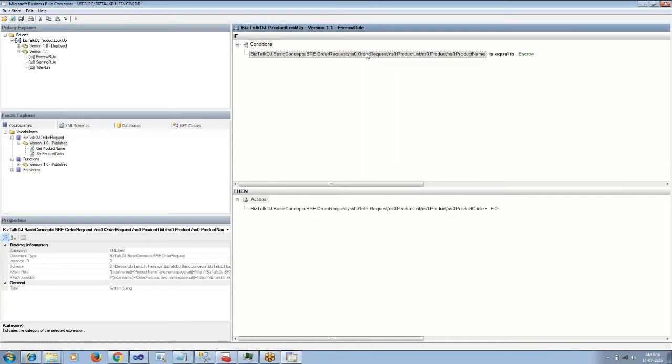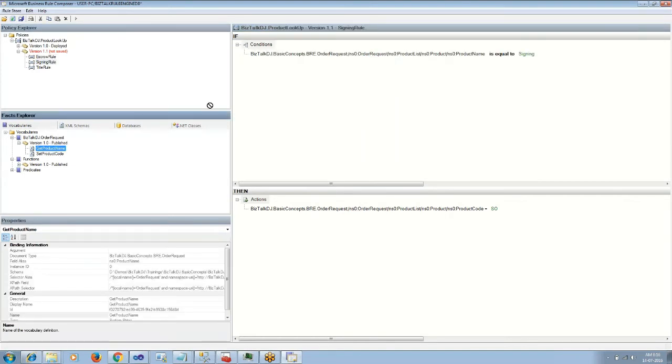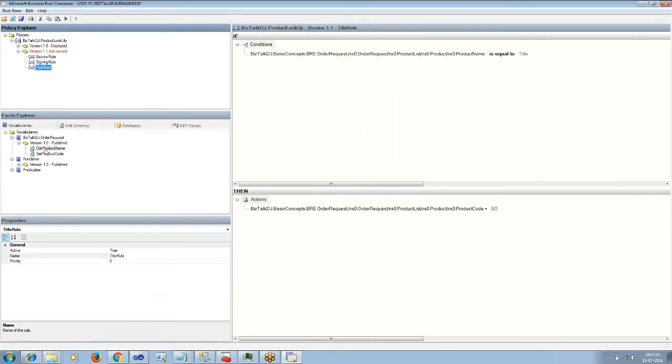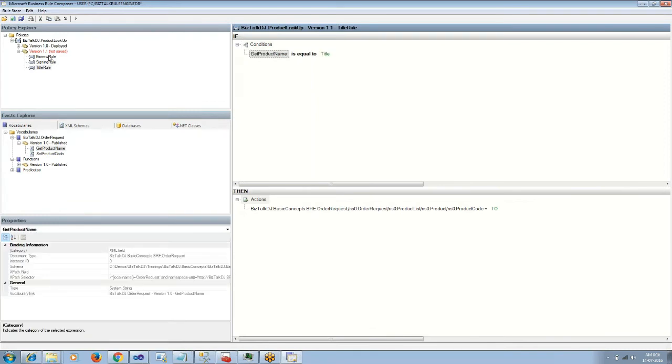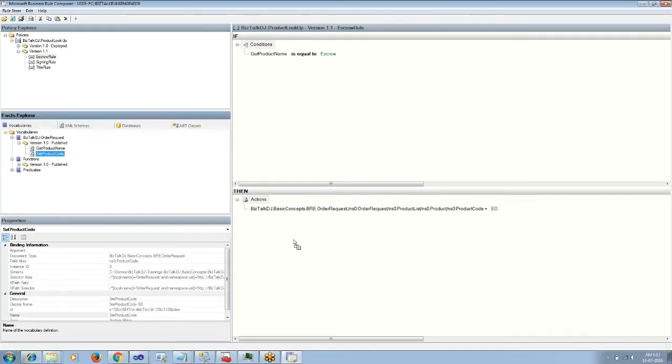I will create one more version of the policy, and instead of using the schema XPath we can use it from the vocabulary field.